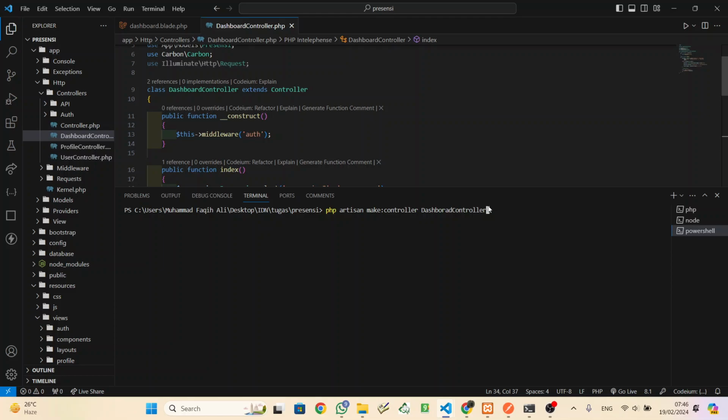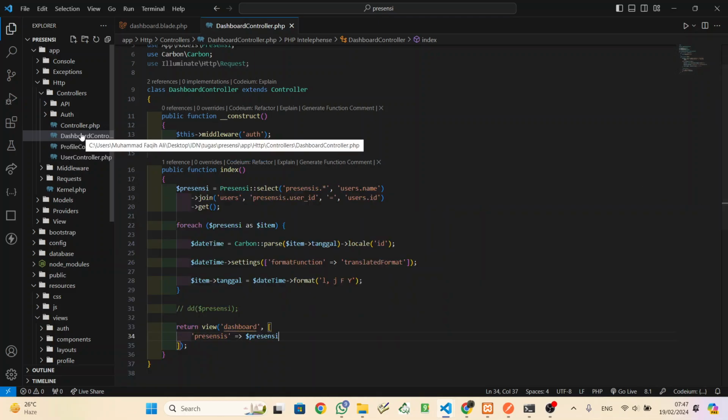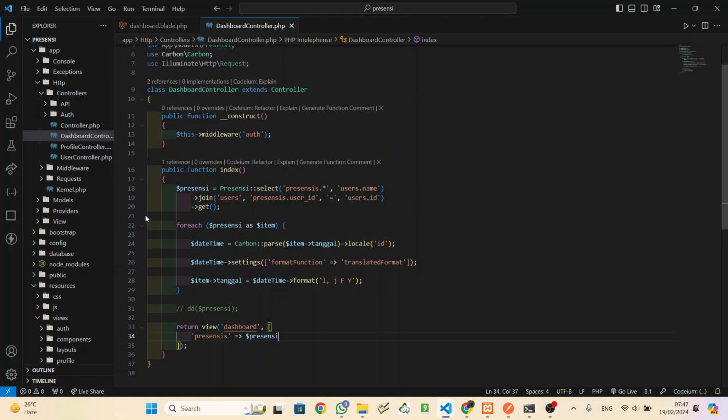Run php artisan make:controller DashboardController, and then enter. It will make a new file DashboardController.php, and fill the DashboardController with this code. You can pause and write out this code.